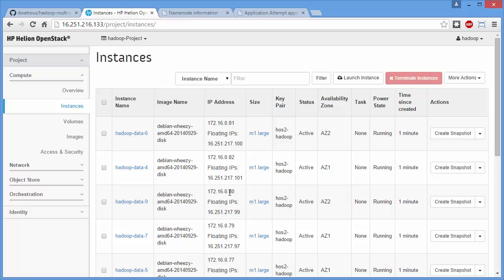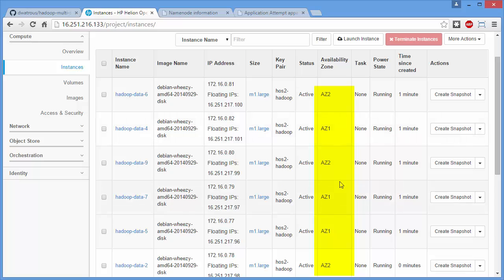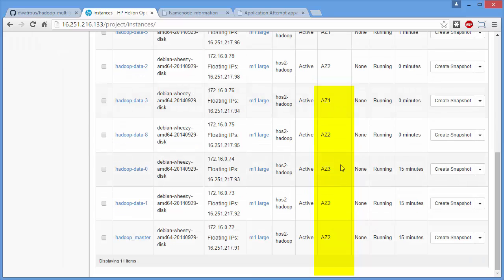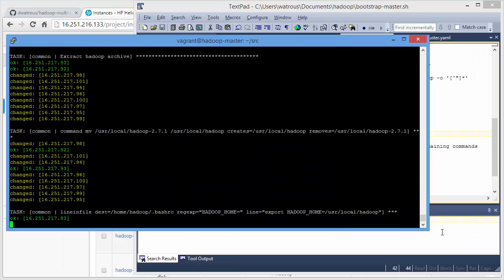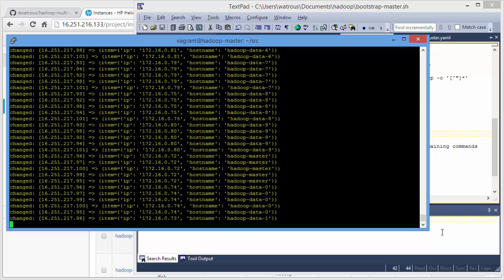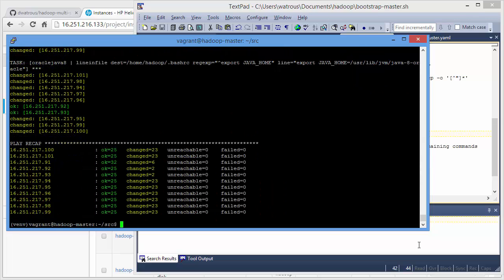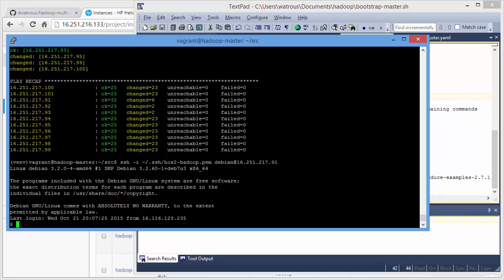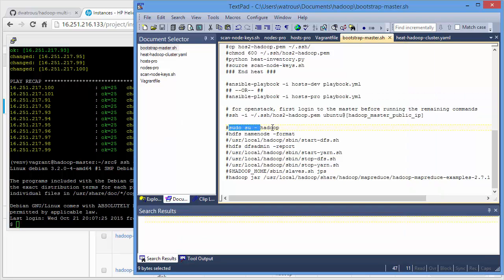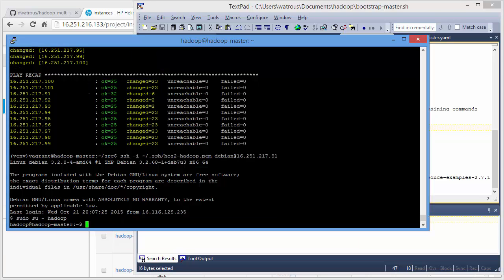While that installs, it's also interesting to notice that all of the new nodes were distributed as evenly as possible across availability zones. So we see availability zone 1, 2, and 3 all represented. At this point, we now have a full 10 data nodes plus the master node installed in our Hadoop cluster. Let's connect back into our master node. Become the Hadoop user, at which point we want to